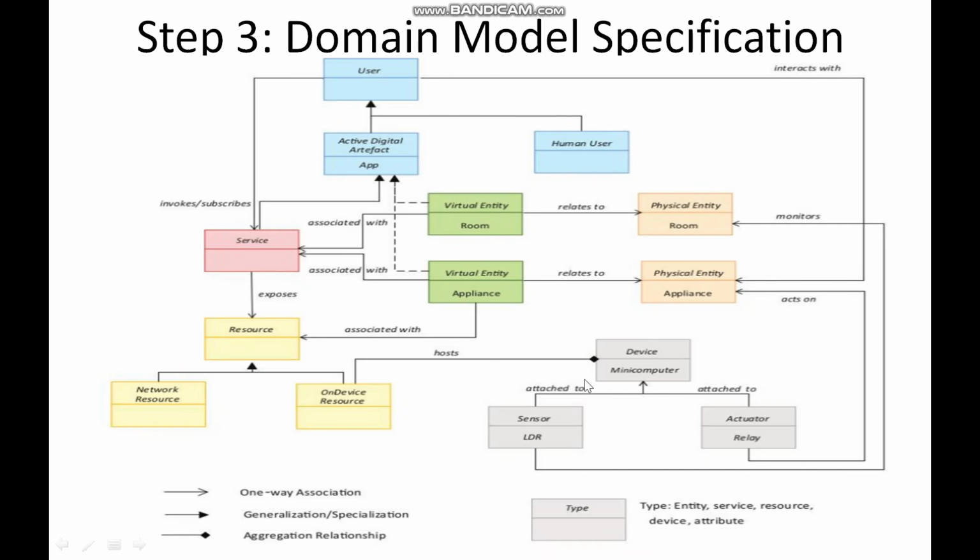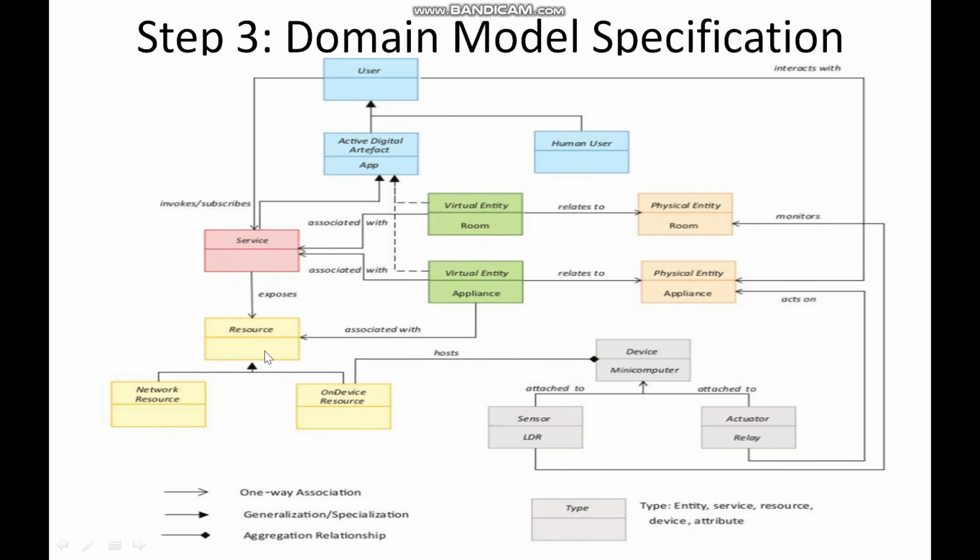And now if you come here, the device which you have, the microcomputer or the mini computer, Raspberry Pi or Arduino, and now you have to put some software on top of it. Now we call that software a resource, and you have this resource. The basic is your basic Raspbian OS, and then you will put your own application which you've developed on top of it.